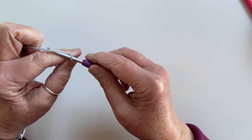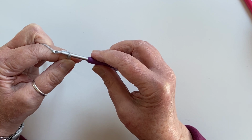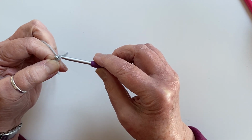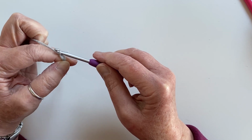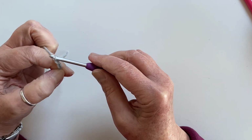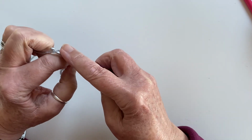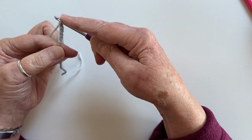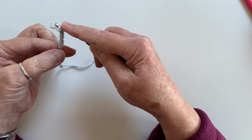So I'm ready to start chaining, and I'm going to chain 4 stitches. So put the hook under the yarn, and you can see I'm bending round and just grabbing it under the actual hook part, and I'm just going to pull it right through the loop that's on my hook, and that's chain number 1. Then I'm going to do that again. Bend it round and pull. 2, bend it round and pull. 3, bend it round and pull. 4. So I've now got my short tail from where I started,